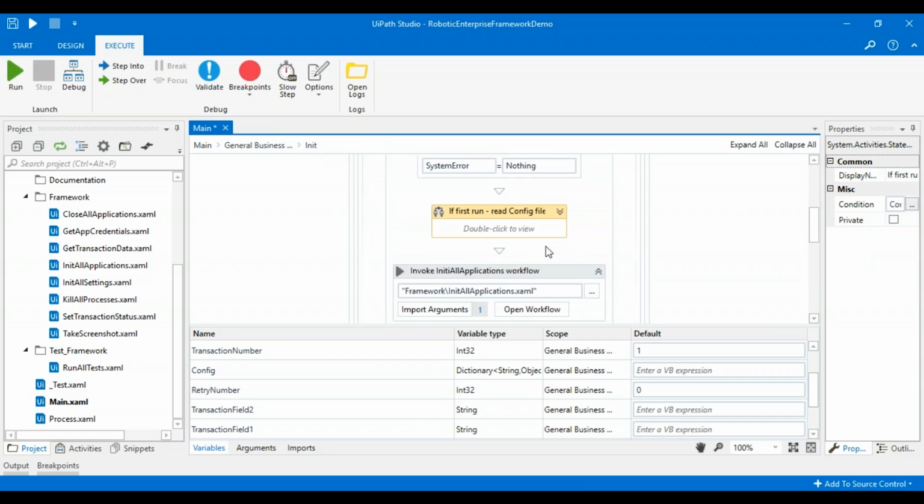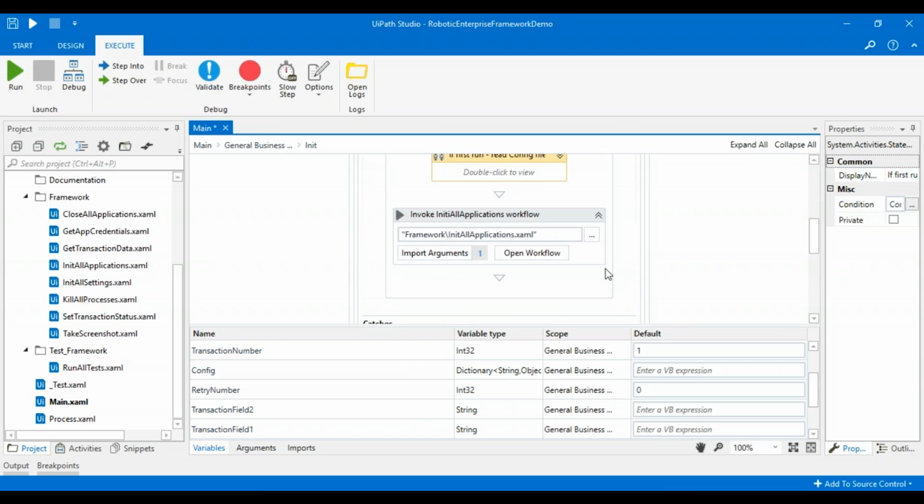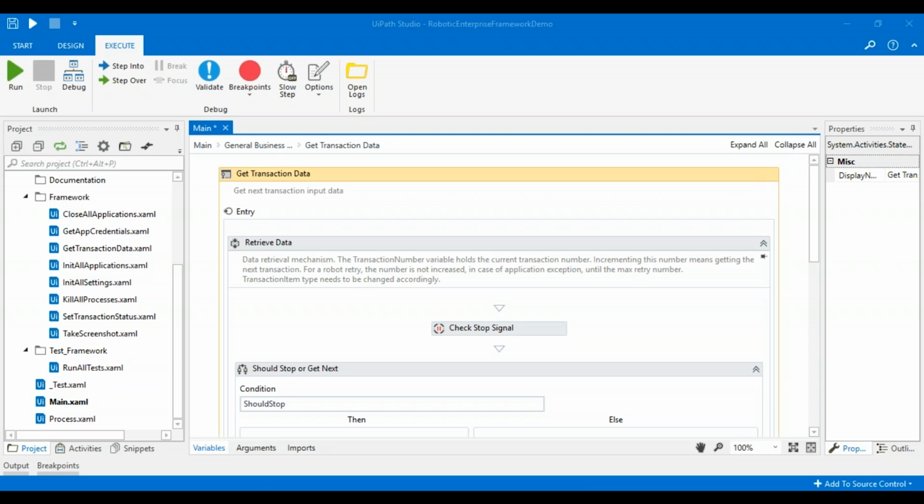and then go to init state, this is where our init state completely ends. And then, if all these steps are successful and there's no system error, the next state that comes into the picture is the get transaction data state. The get transaction data state is a data retrieval mechanism which is necessary to complete a transaction in a process. Transactions are defined as the repetitive part of processes, with each and every execution of the transactions numbered, right? So for example, if you consider the example of a support system,